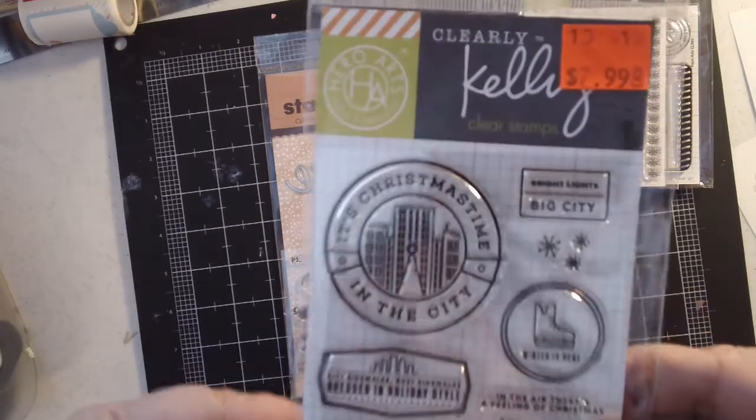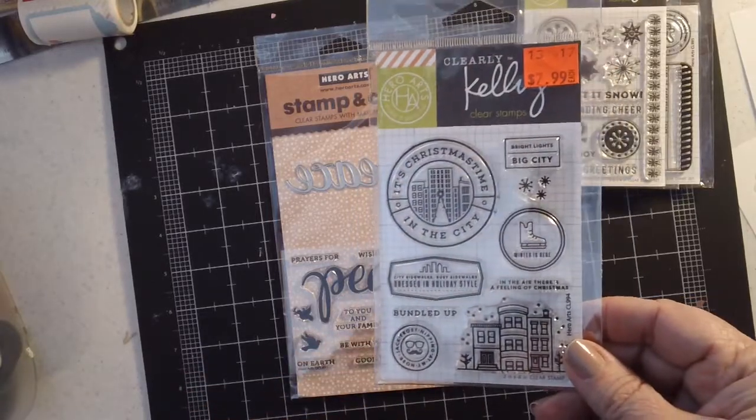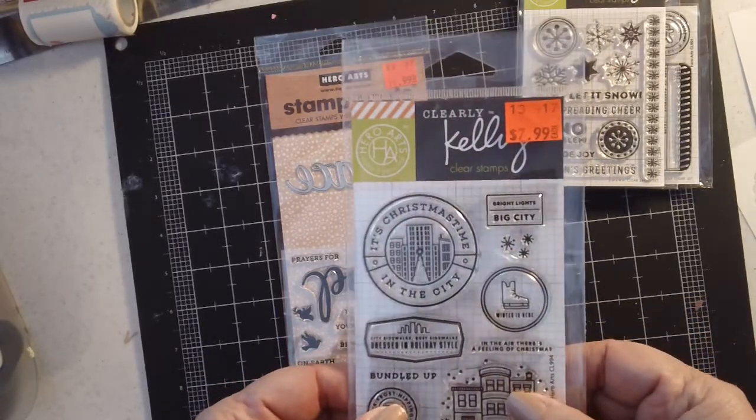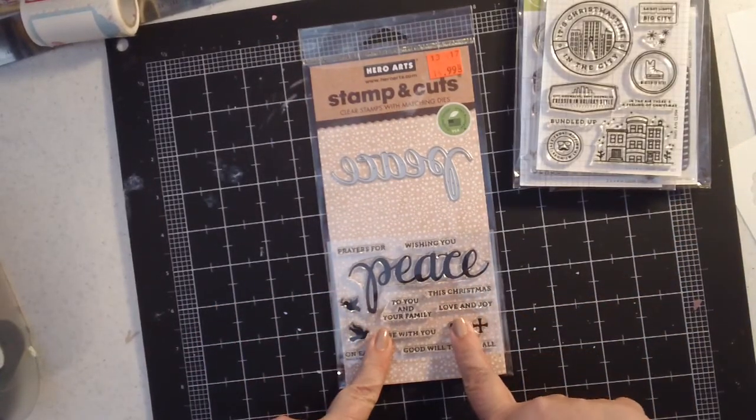Let's see, what does this one say? Oh no, that's Jack Frost. So that one potentially, and the rest of them are really Christmas, but still really nice, good deal for those little stamps. And then the last one I got was the Hero Arts Stamp and Cut, and this is of